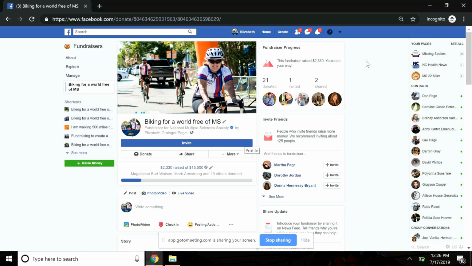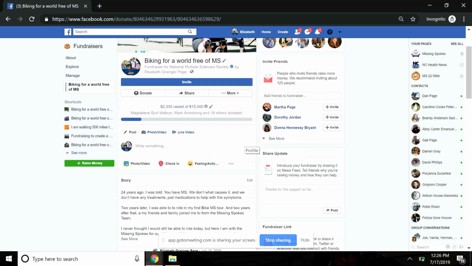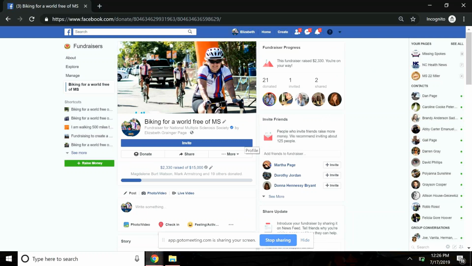When their donation shows up in their profile feed or on your website, the amount is not visible to the public. So that's a good thing to know. You will be able to see it, and if you go to your participant portal on the Bike MS platform, you'll see the amount there, but the amount they donate won't be publicized to the general public.